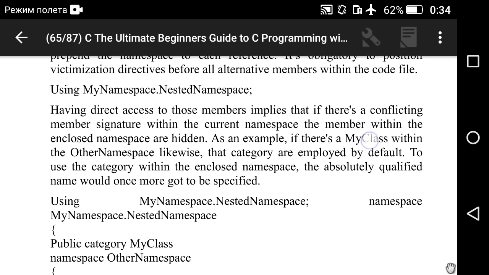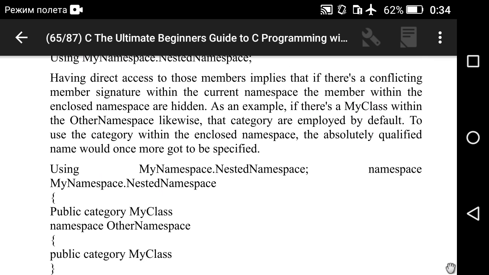Having direct access to those members implies that if a conflicting member signature exists within the current namespace, the member within the enclosed namespace is hidden.